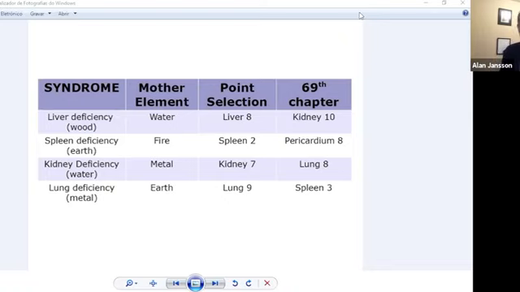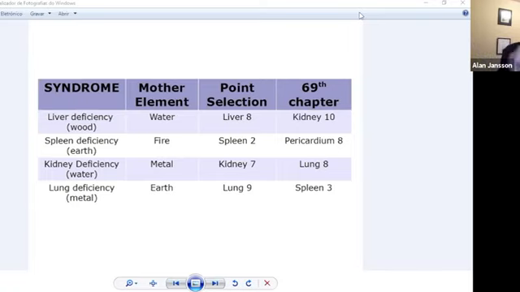So if we were to use the mother point, we would use pericardium 8, the fire point on the pericardium meridian. Very interesting point to needle. Again, a little bit down the track, we'll go into how to needle pericardium 8. But just to stay on topic, today, we'll just focus on the fact that we're going to use the fire point on the pericardium meridian with the fire point on the spleen meridian. So spleen 2, which is the second of the command points back from spleen 1.